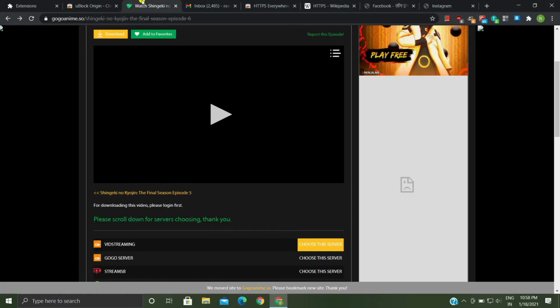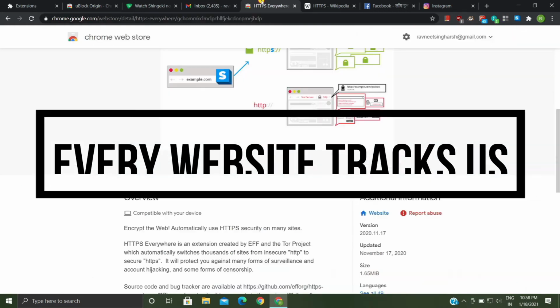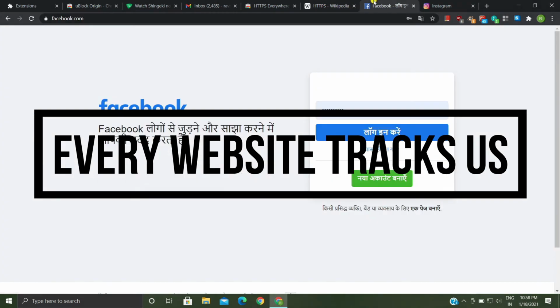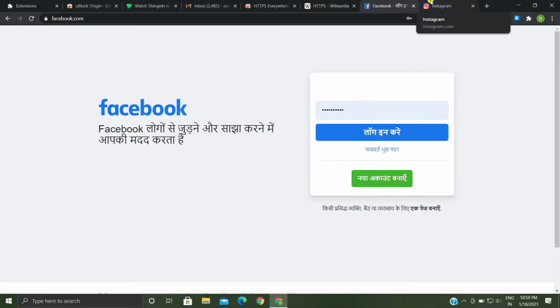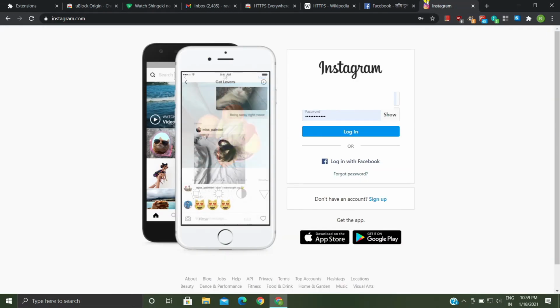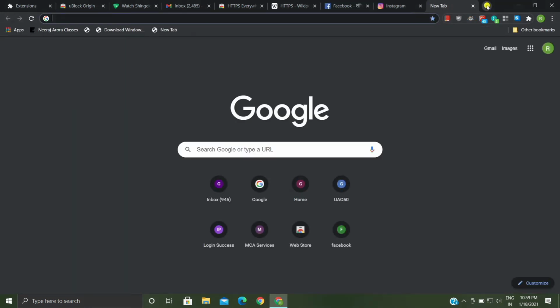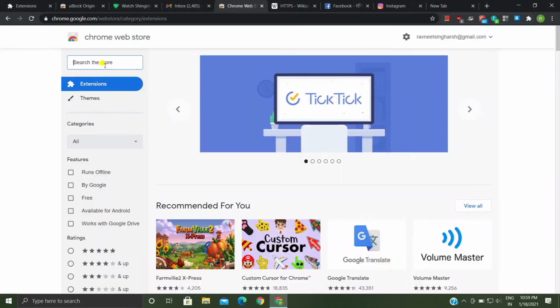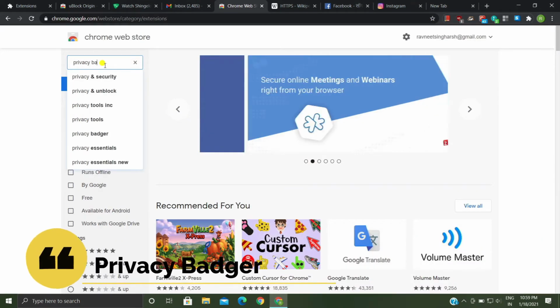You get tracked on every website you visit. You may not mind seeing ads based on your search history, but let's say you search for a medical condition or anything very personal and you don't want anyone to know about it. But every website you visit has some kind of tracker, and these trackers continue to track you on other websites as well, which already sounds very dangerous from a privacy perspective. So to avoid this kind of tracking, you can use an extension called Privacy Badger.